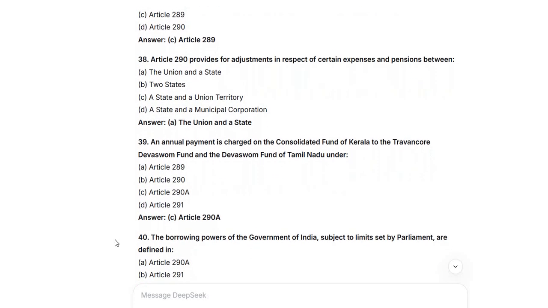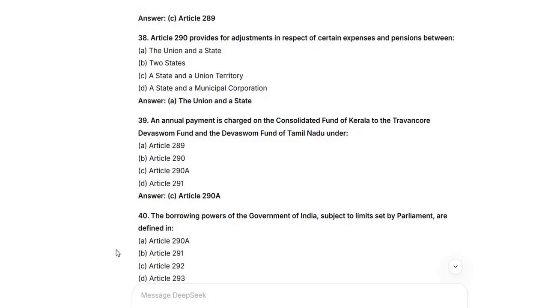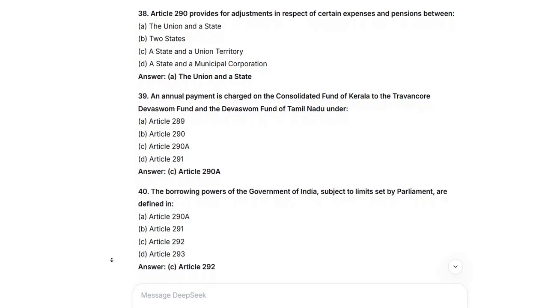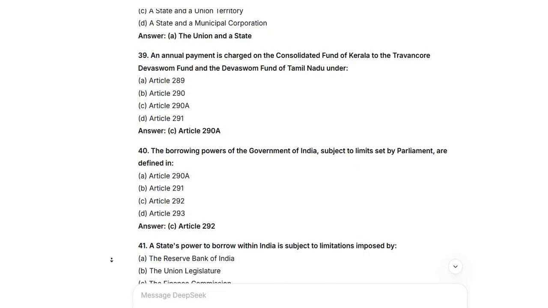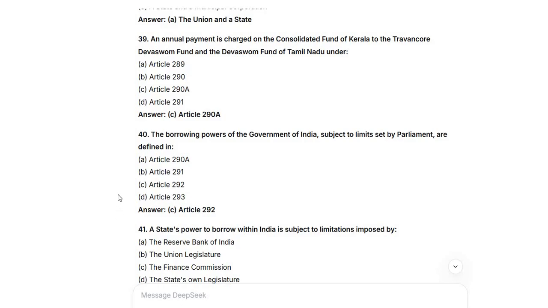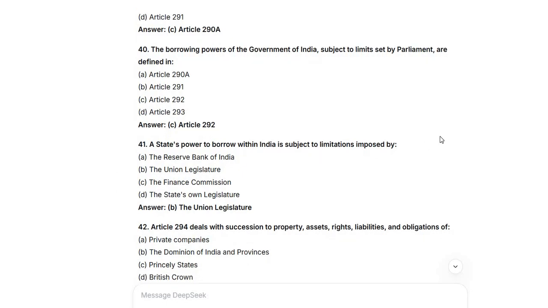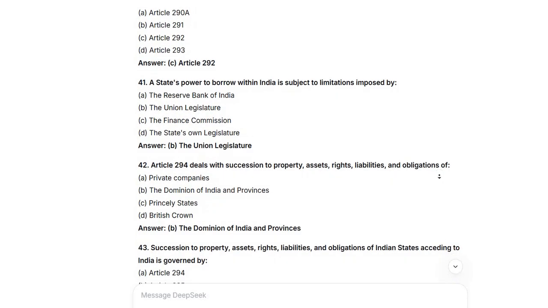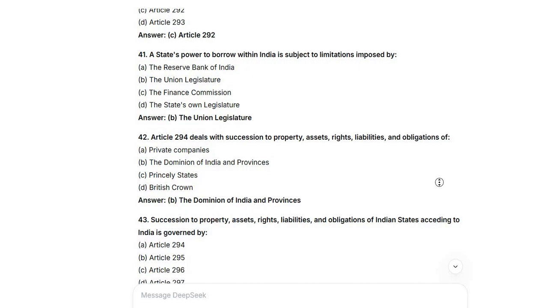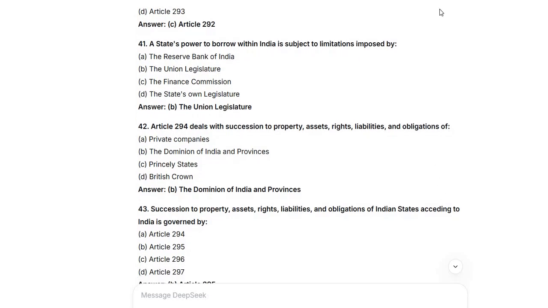40. The borrowing powers of the Government of India, subject to limits set by Parliament, are defined in Article 292. 41. A state's power to borrow within India is subject to limitations imposed by the Union Legislature. 42. Article 294 deals with succession to property, assets, rights, liabilities, and obligations of the Dominion of India and provinces. 43. Succession to property, assets, rights, liabilities, and obligations of Indian states acceding to India is governed by